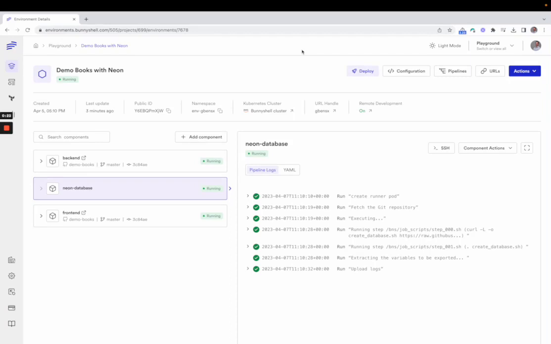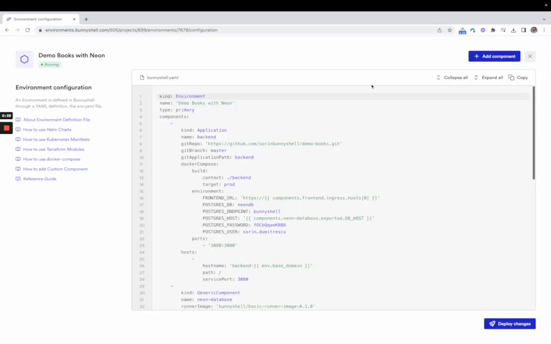Let's say I have to integrate a serverless database in my environment. For this I chose Neon, which is a Postgres serverless database. Let's take a look at the configuration and see how it looks. So I have the backend application, which is defined based on the Docker Compose format, and here we can see that I have used from the Neon database component, which is the one we're going to look at in a moment,